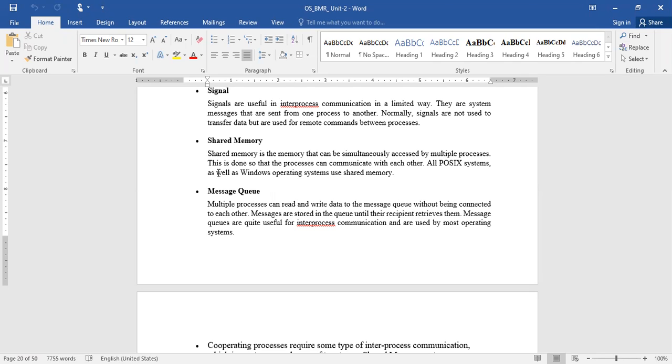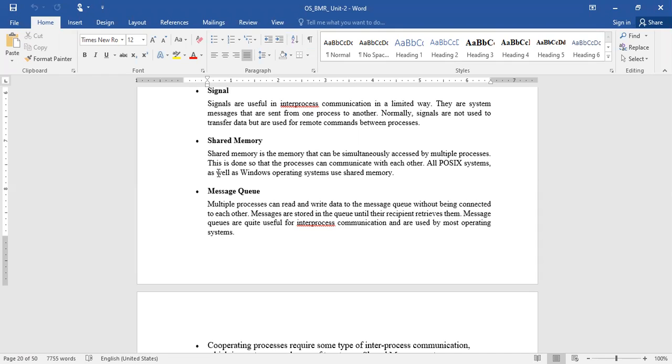Whatever common information needs to be shared among the various processes will be placed in the shared memory. POSIX, which means portable operating system interface, uses this kind of shared memory concept.